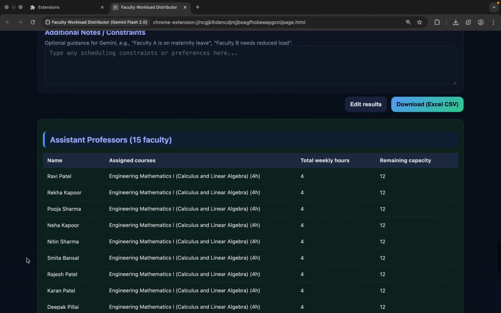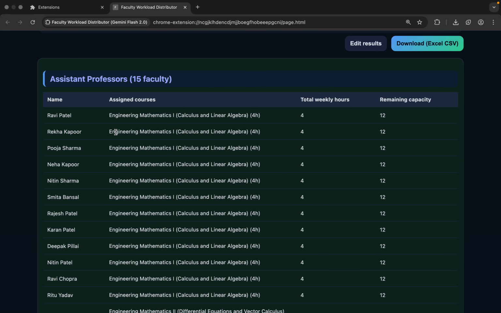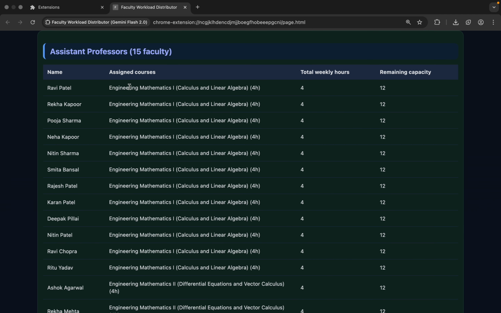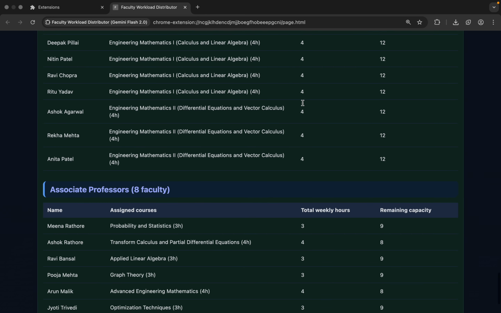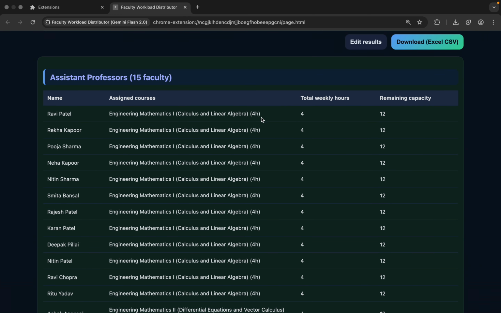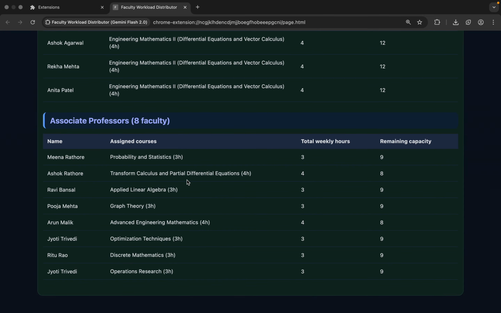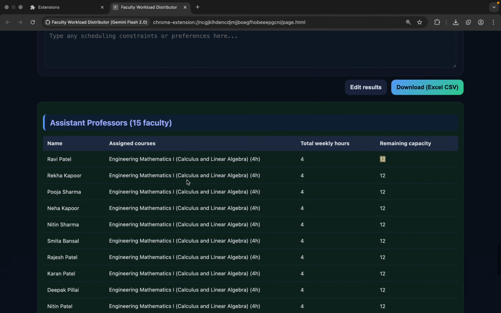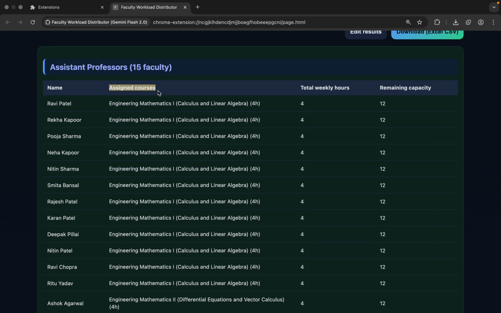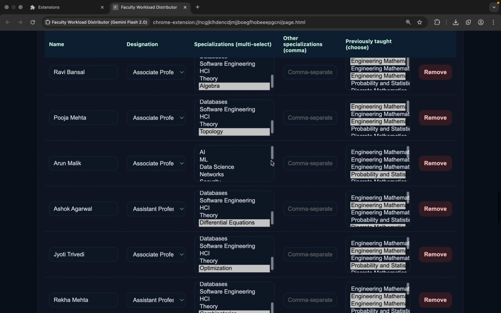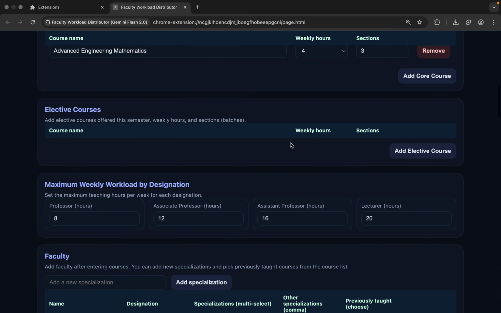Yeah, so here we are with the workload distribution. So let's say that Ravi Patel got this course, and he'll be teaching only 4 hours in a week. And yeah, so whatever, he can be given 12 more classes in some other subject. Well, so what it is trying to ensure is the number of classes for a same designation should be roughly equal, if not absolutely equal. It turns out to be absolutely equal in this case, but let us try to tweak it a bit and see what happens. For example,